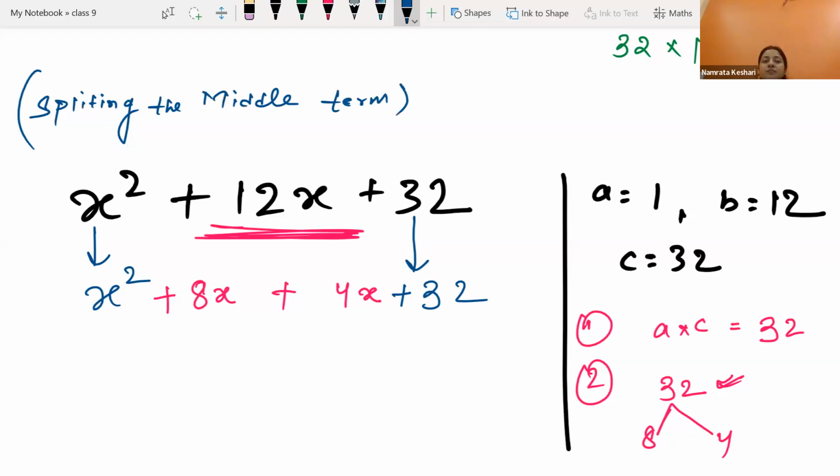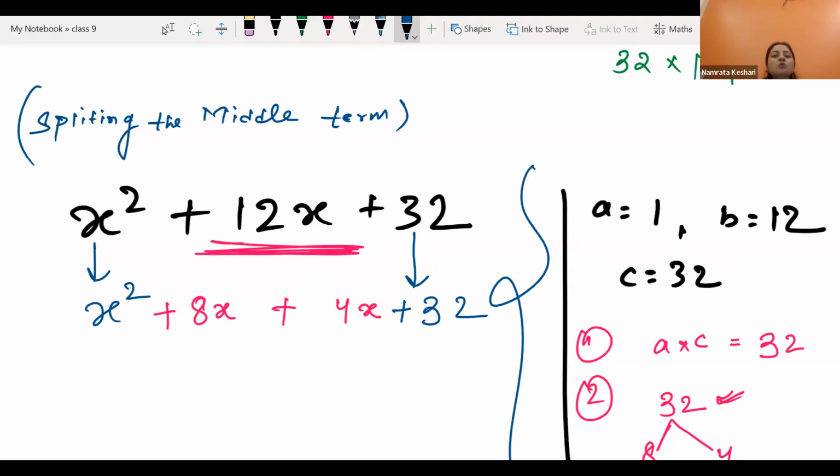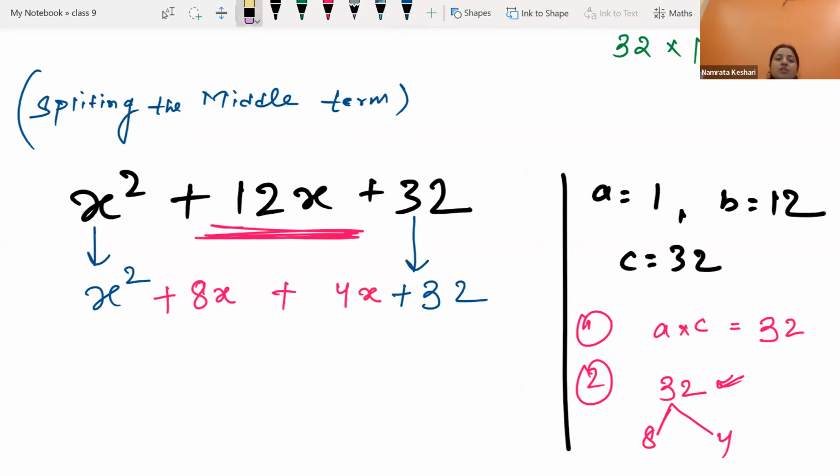But splitting, you will only get the idea by using this process. If you keep on sitting and keep on thinking what are the two numbers which can be taken for 12, then you will end up making a mistake. This process will help us how to split it. Once we have done the splitting, now last class we were having the discussion,